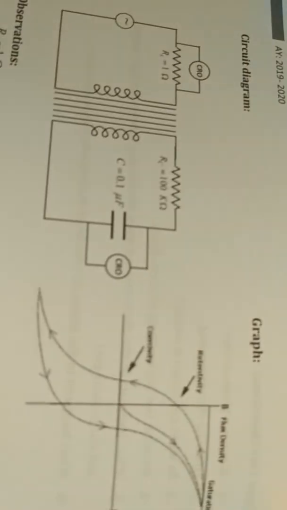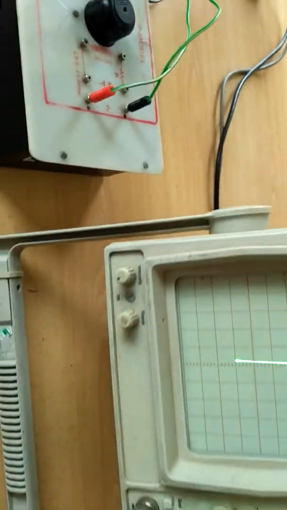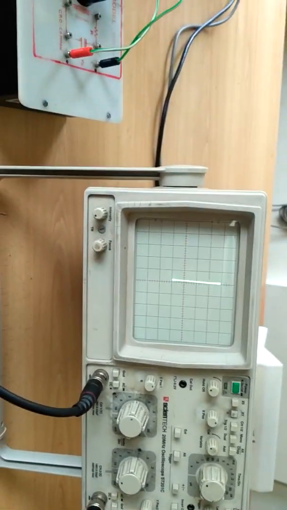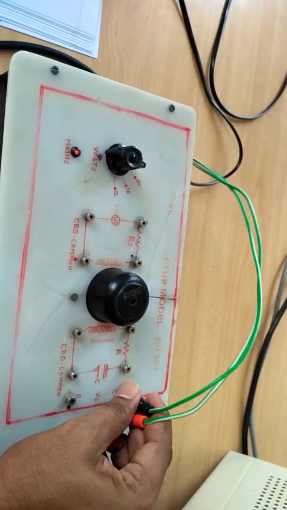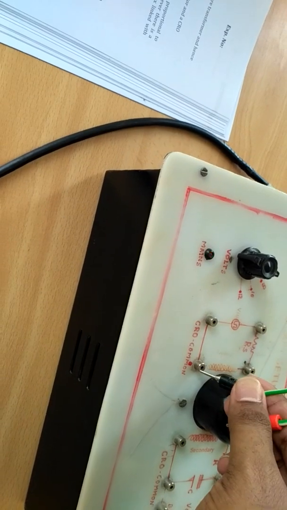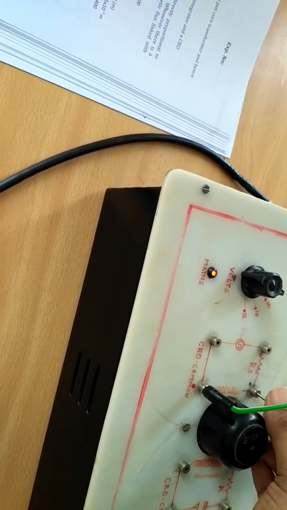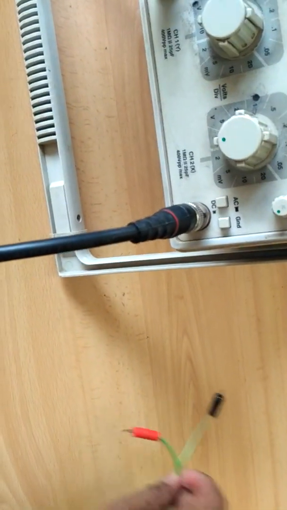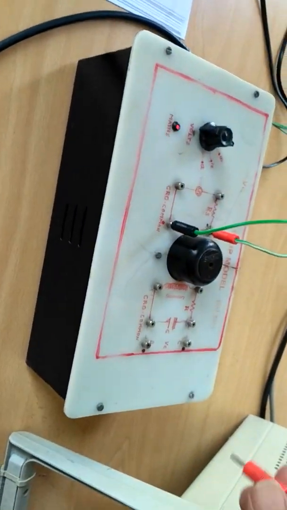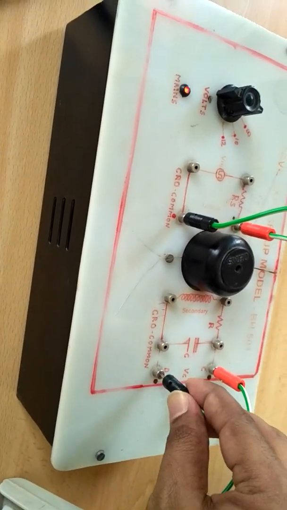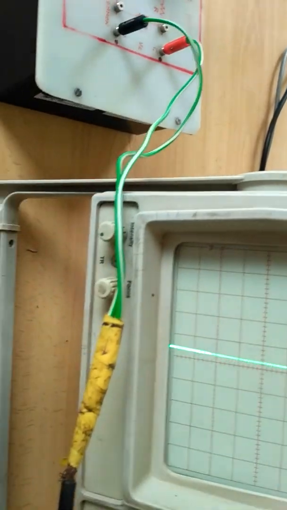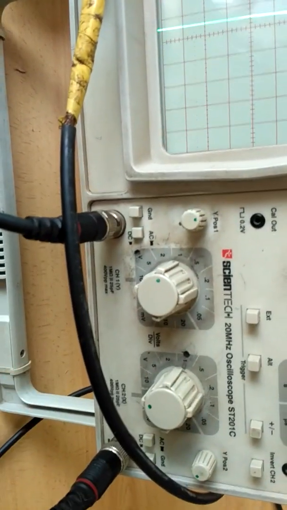Next, you need to trace this hysteresis. Now, how are we going to trace this hysteresis? Now, we will be using both the channels. The first, which we have used, the channel 1 Y, we will put it across the primary coil. Now I'm going to use the other channel as well. I'm going to use your channel 2 X as well, put it across the capacitor in the secondary part. And then we need to set these amplitudes.